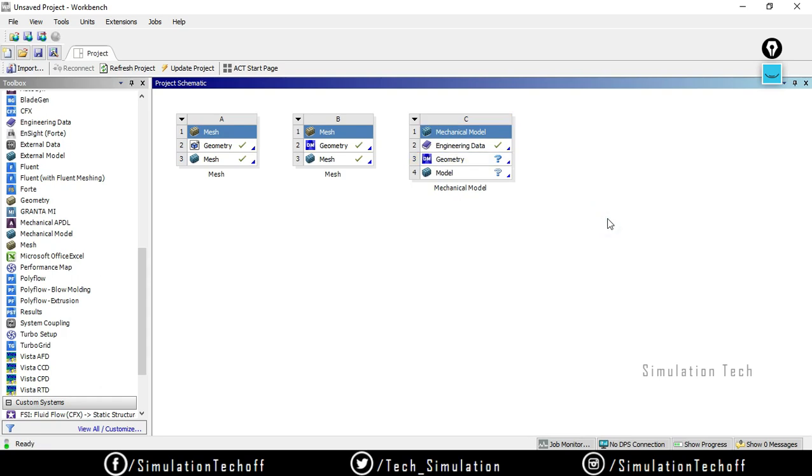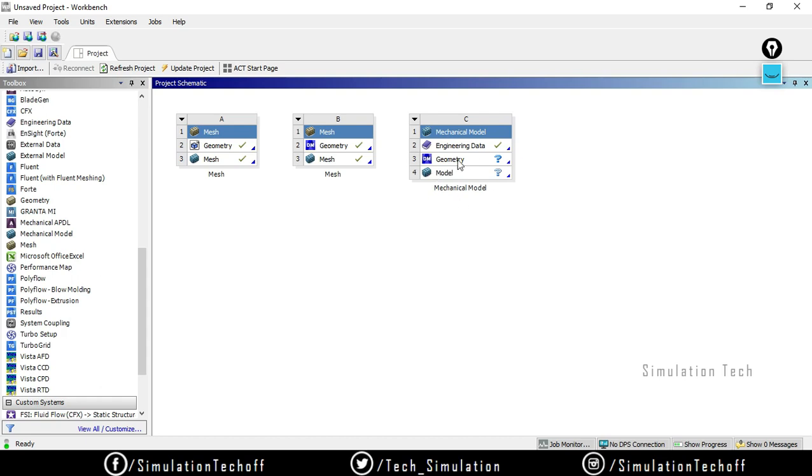If we want to import this in other software, which one will we import, mesh or mechanical model? Yeah, mechanical model. If you want to export the mesh only, you can use this option, or else you can use a mechanical model. Like a solver deck file, it's only mesh data. It doesn't contain geometrical information, boundary conditions or material related data, but the mechanical model includes the material data as well as the boundary conditions like fixed support, degrees of freedom and so on.